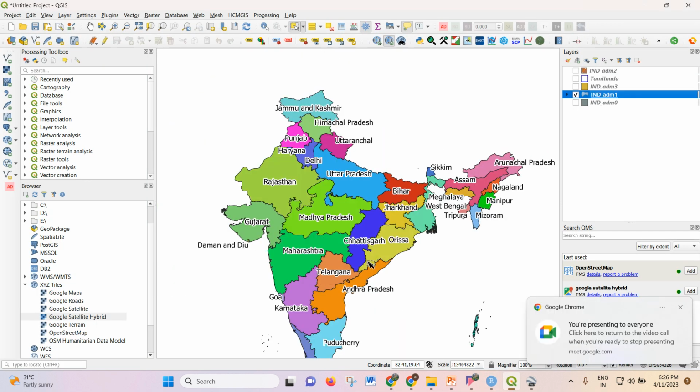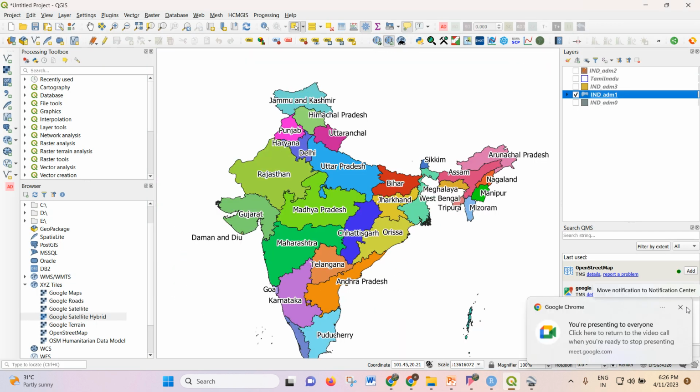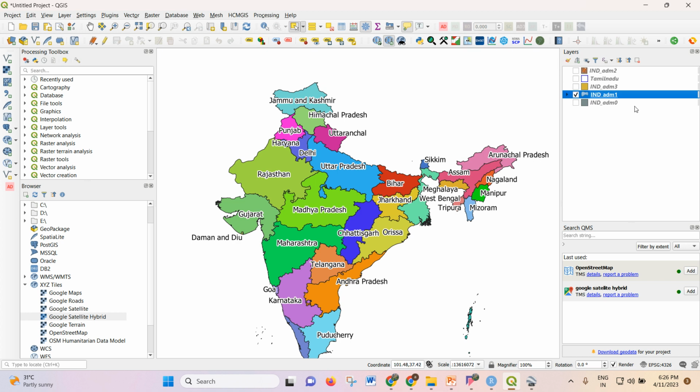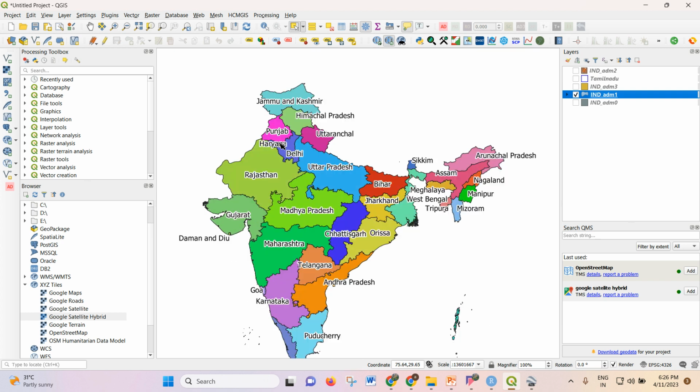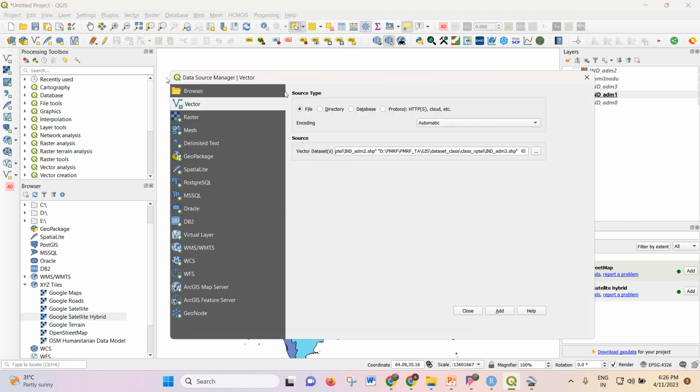So like this you can prepare your own map. And then, I have one India shapefile which is having the information of some IMD data, which in last class I told you I have some point shapefiles. So let's bring the point shapefile in the different states. So I'm going to the data source manager. I'm going to bring that point, will be which data, vector data or raster data,